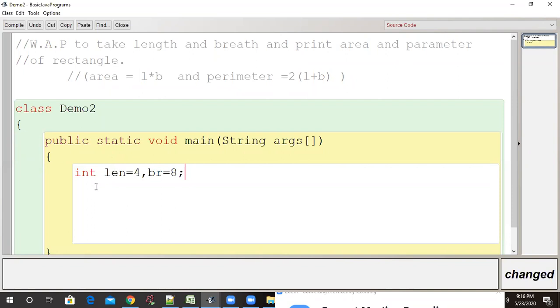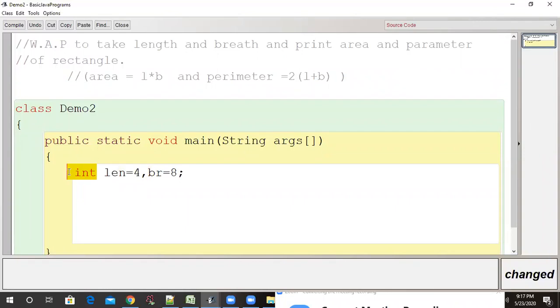Actually, what is len and what is br? len and br are variables. Variables are basically used to hold or contain some data. And each and every variable, before using, we have to define which type it is.